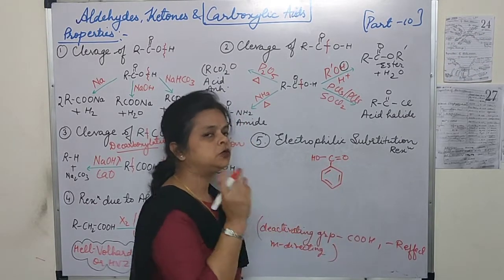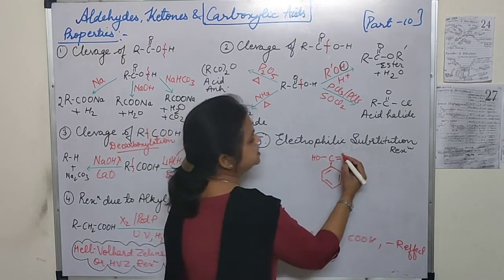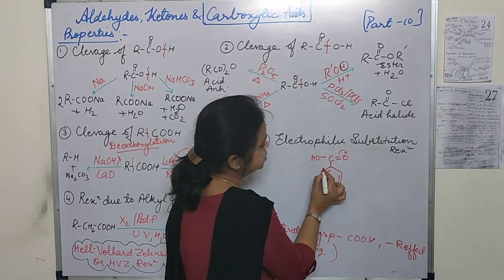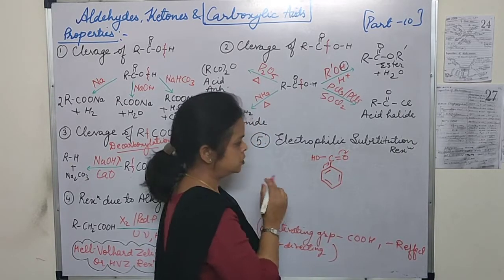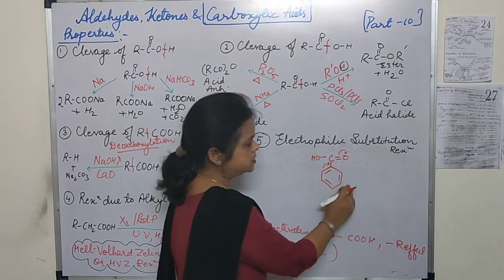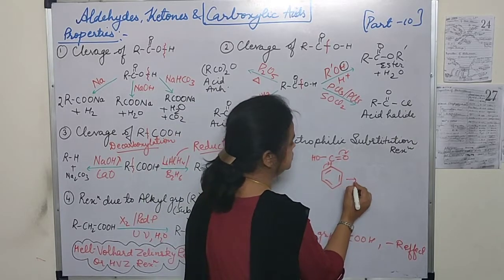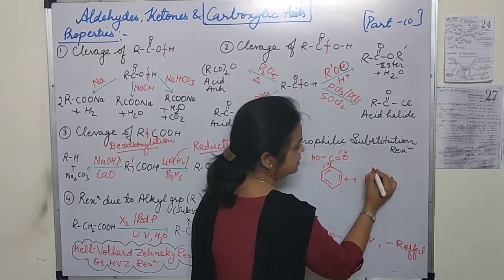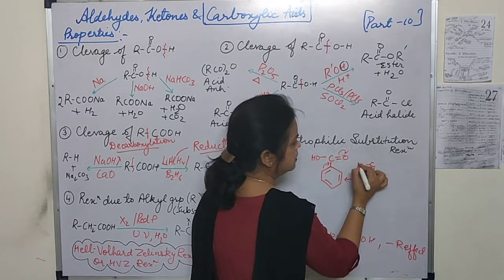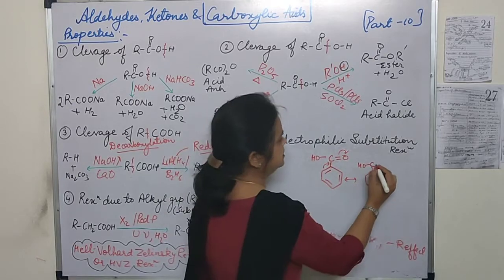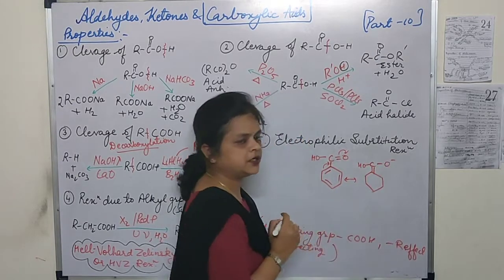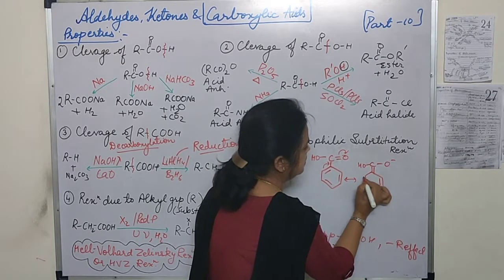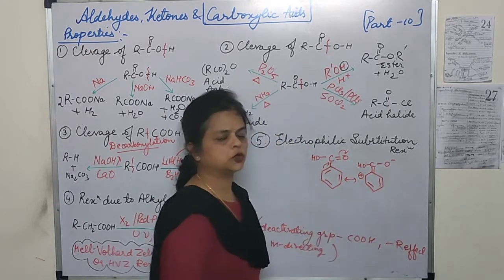Can you draw the resulting structure, students? Just show the movement over here, and then the next movement will be shown here. Okay, so how can you draw the resulting structure? I just draw one, then you can continue with the next one. Here the double bond will come. See, this OH part remains as it is, and here O negative will carry the negative charge, and here it will have the positive charge at ortho position.